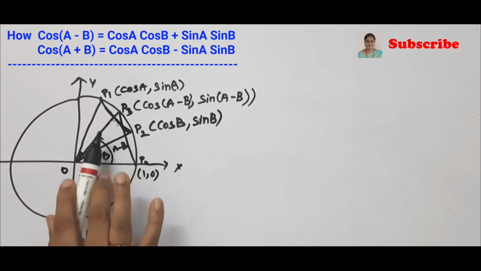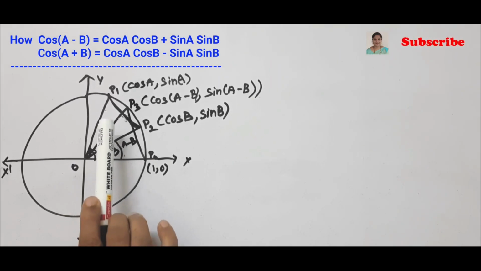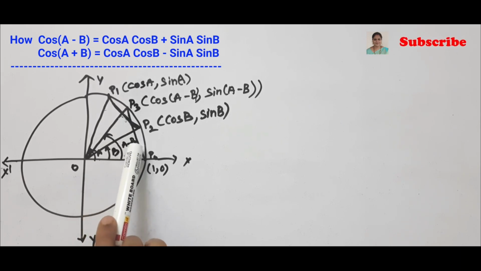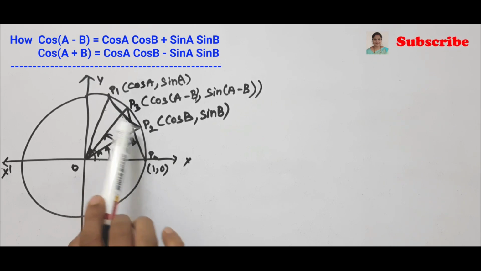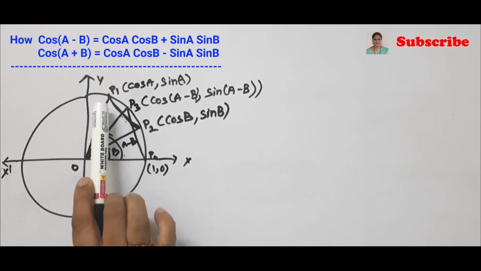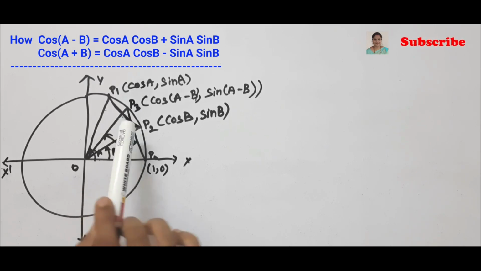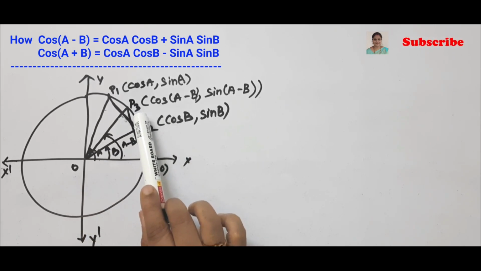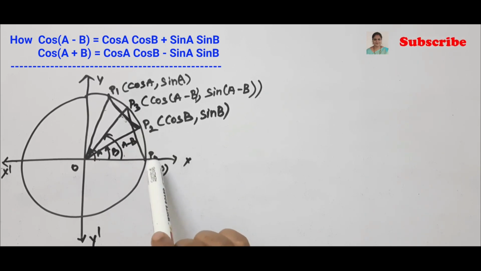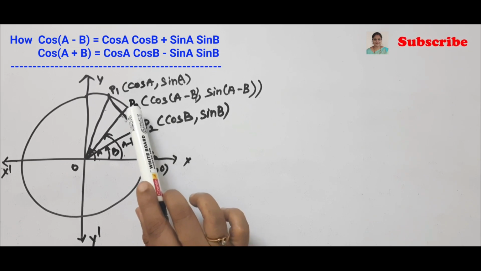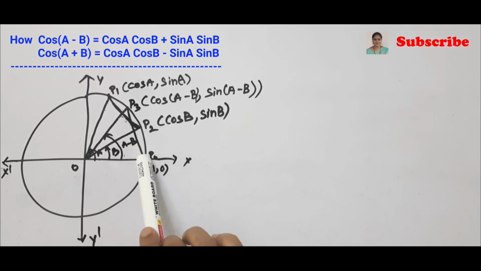These are nothing but chords, is it not? So we draw a line segment such that it joins two points which lie on the arc. Here P1 and P2 are two points which lie on the circular arc. So we have drawn a line segment from P1 to P2, which is nothing but a chord. Similarly, we drew a line segment from P3 to P0. These points P3 and P0 lie on the circular arc. So if you draw a line segment from here to here, this becomes a chord.